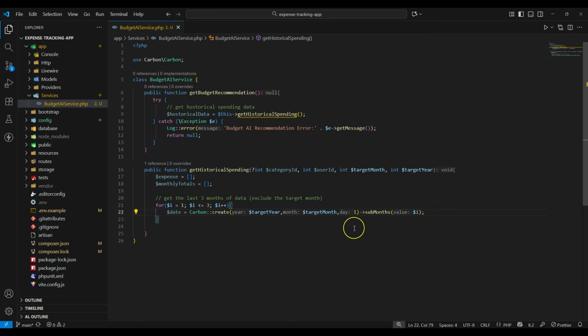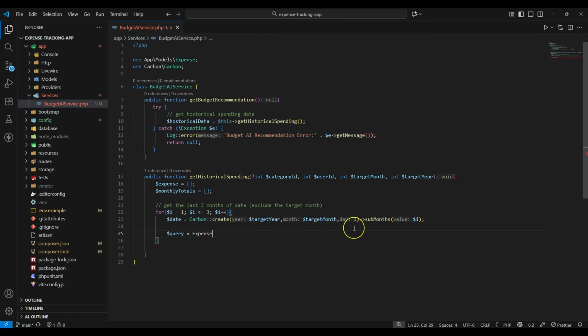And after that now we have the date instance, and after that let's create the query for getting those expenses. So here what we are going to do is to call the expense model, okay, make sure that you have imported it like this way, and after that from this expense model we are going to get the following expenses by saying where the user ID equals to the logged in user, okay, and after that we are going to say